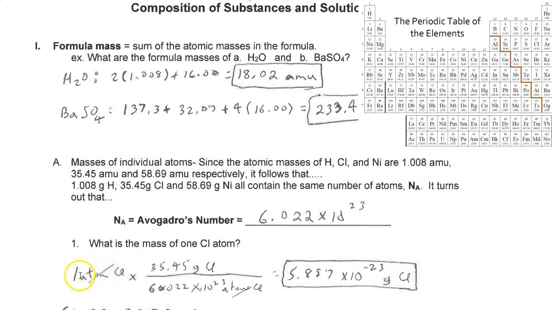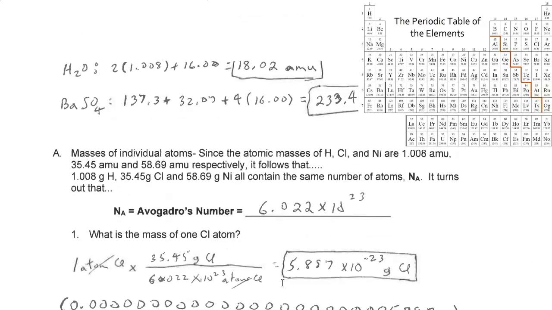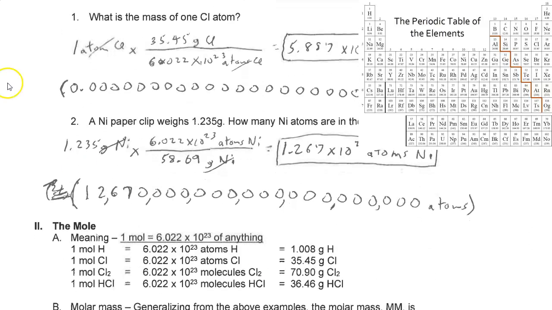So now we do the math. We got 1 times 35.45, which I think is 35.45, divided by 6.022 times 10 to the 23rd. How many significant figures here? 4. How many here? 4. So how many should my answer have? 4. Okay, so I run that through the calculator, and I get 5.887 times 10 to the negative 23rd grams. And that's how much a chlorine atom actually weighs. Or, if you want to put it in decimal form, it's this,